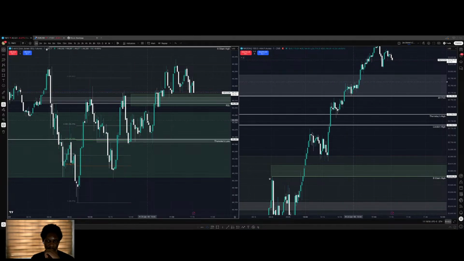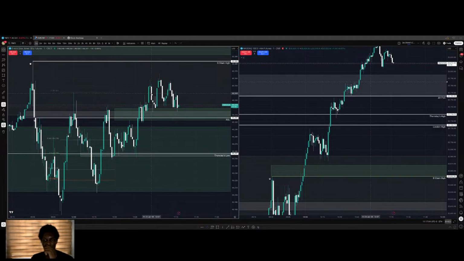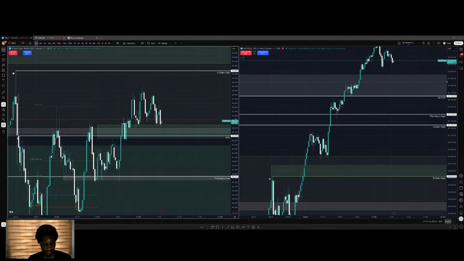Retraced, accumulated. I would have had to take this as a strong manipulation. We did not. I saw this and I'm like, okay, wait to close out of this 5, which we did. Waited for retracement, got in, moved to break even, expecting us to trade into here and then push up. It stopped me out, traded up, and I expected the same thing here. Nope, traded down, respected this other block again. So it's been crazy.